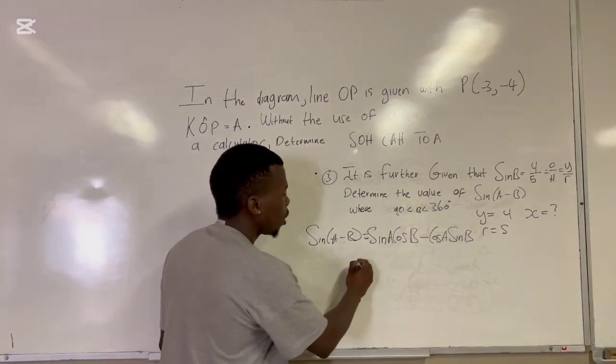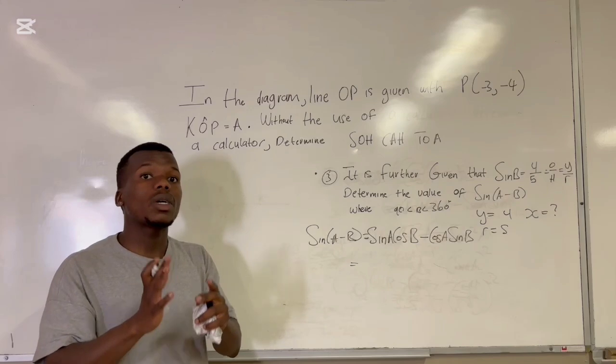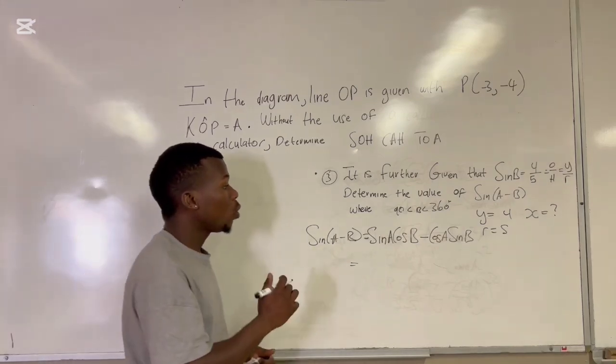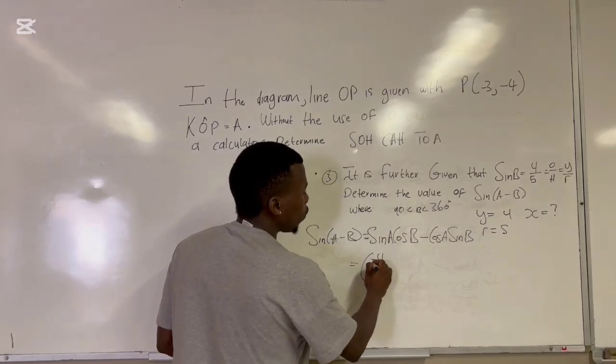Now let's check something. What was the value of sine of A? Remember, the value of sine of A was given in the previous question. It was equal to -4 over